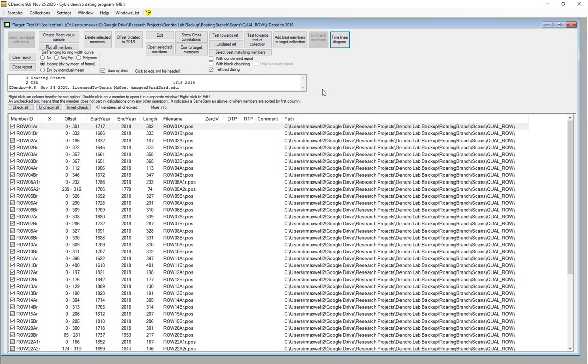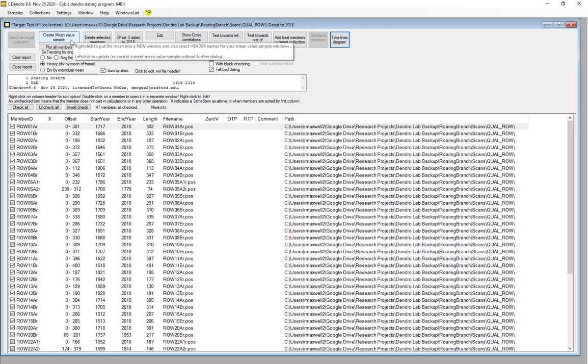Now, a lot of things that you probably want to do if you are looking to cross-date is get some quick numbers on the correlation of your measurements against a reference or a master chronology. So what we'll do here is create what's called a sample mean value. Now, we don't necessarily know how well these cross-date.